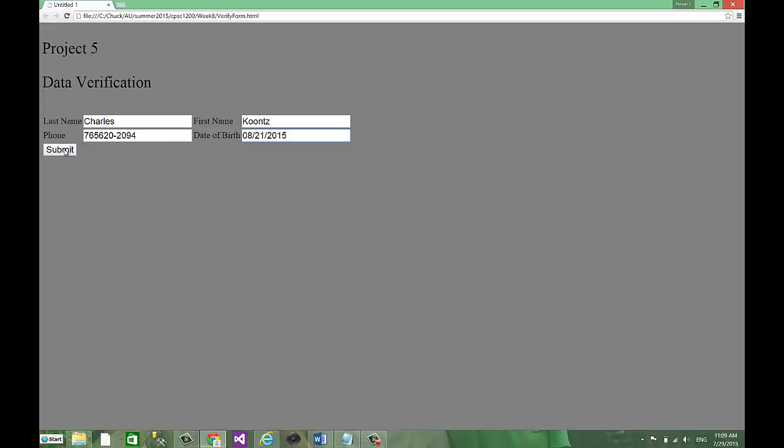And I'm going to have several alert statements fire off, and we'll look at them. I'll call your attention to them as we analyze the program code. I put those alert statements in at very specific locations so you can trace the execution of the program. But in the end, those alert statements are going to come out, and the submit button will do one of two things. If the data validates properly, then it'll fire off one alert that says